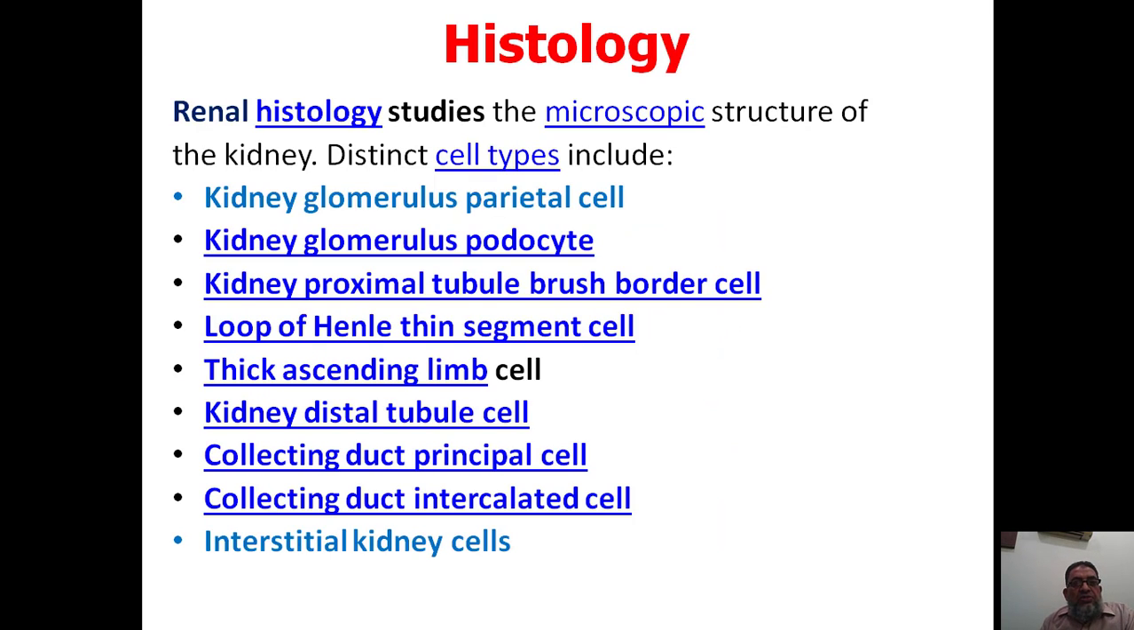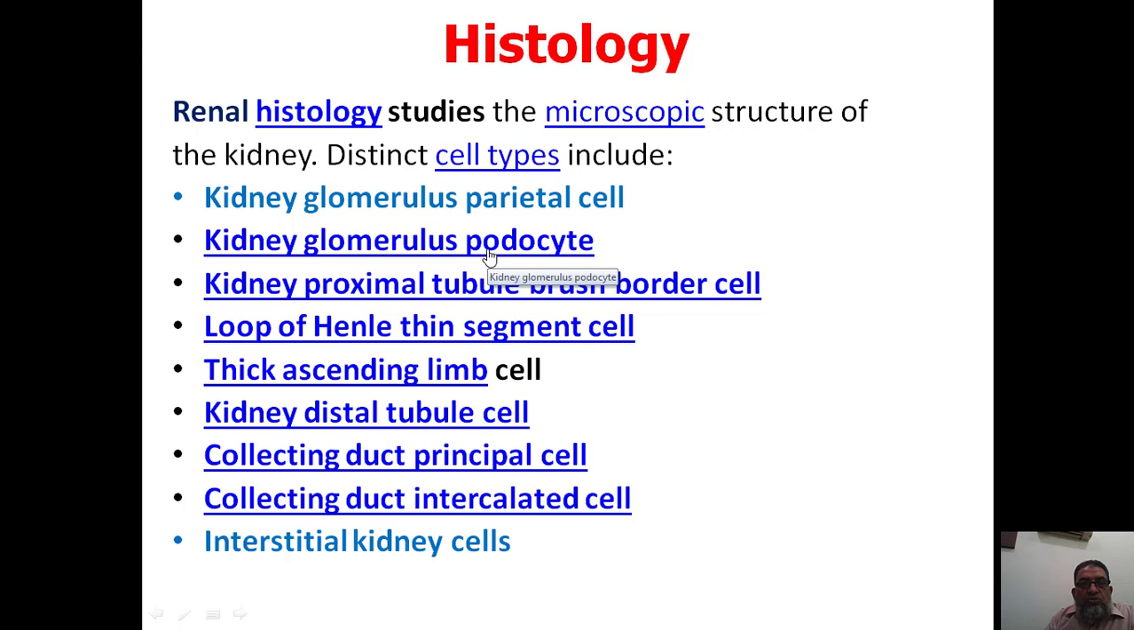Now, what is the cell histology of the kidney? Where these cells are located, we will have to see in the coming discussion. Renal histology studies the macroscopic structure of the kidney. Distinct cell types in the histology of the kidney include the kidney glomerulus parietal layer, then the kidney glomerulus podocyte,